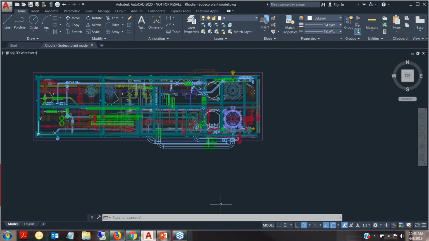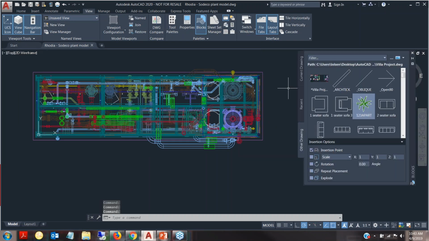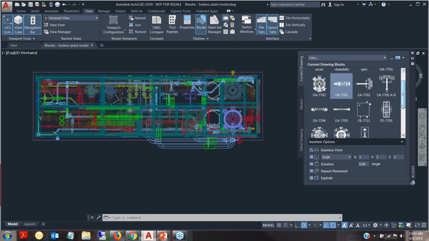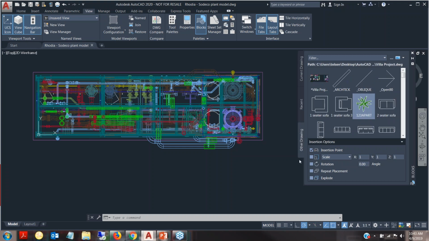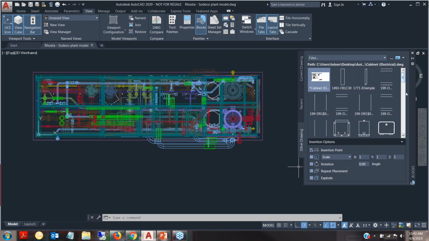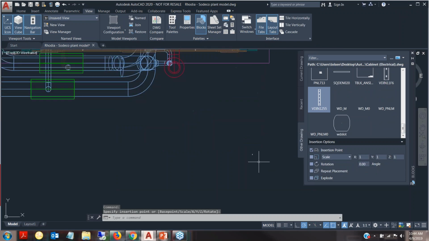There we go. Okay, so inside of AutoCAD, you can go up to the View tab, and in the Palettes panel, you'll see a new Blocks option in there, which opens up the Blocks palette. So in here, and I actually searched for a drawing earlier, you'll be able to see what is inside the current drawing, so all the blocks that are in that drawing. You'll also see things that were recently inserted, and you can browse through for other drawings. So when you first try this out, this will be blank, but then you can go and search for other drawings that may have blocks you need. So if I grab this drawing here, now it shows me the blocks that are in this other drawing that I can now drag and drop into this file, which the scale is a lot different for this one, but